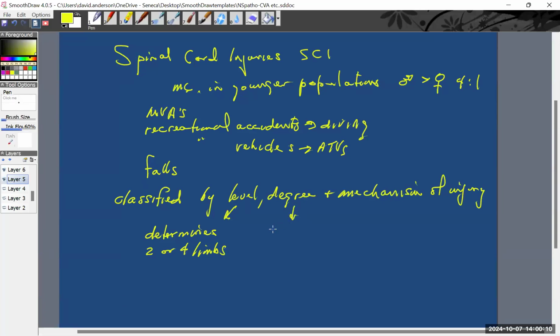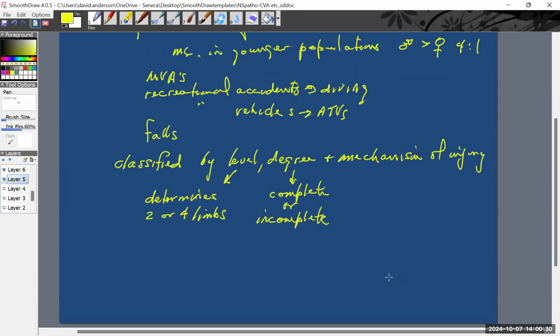The degree refers to whether there would be a complete or incomplete presentation. In other words, paresis versus paralysis, right-sided only versus left-sided only, or both. That sort of thing is what we're talking about there. And most often, from a mechanism of injury perspective,